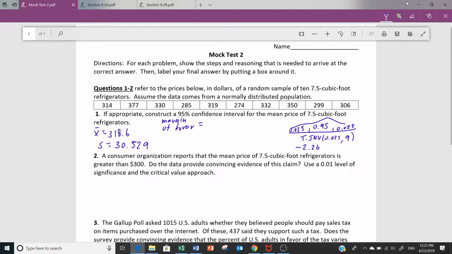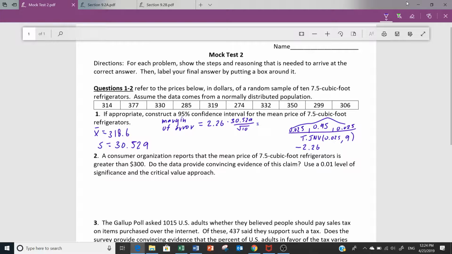So our margin of error is 2.26 times 30.529 divided by the square root of the sample size, which is 10. Exactly. Or you could do t.inv of 0.975, and that would give you the positive 2.26. But yeah, you just jump to